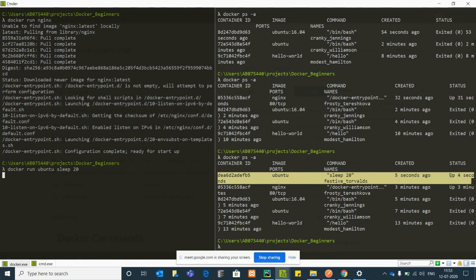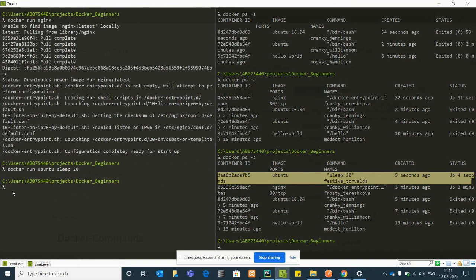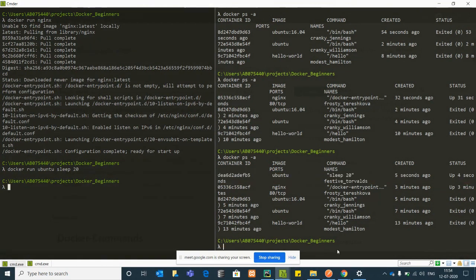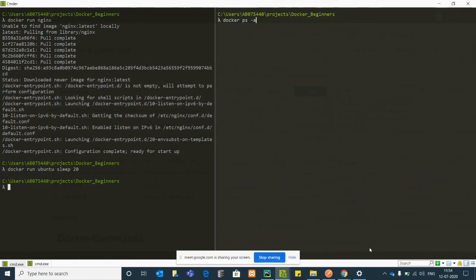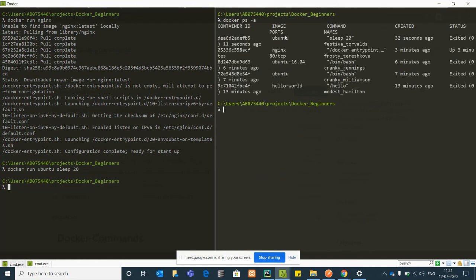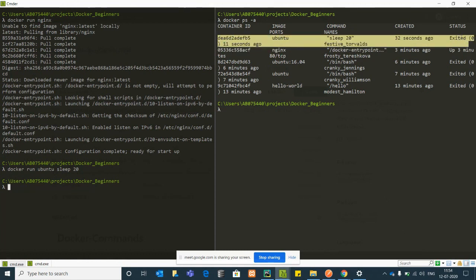Now it shows in the up mode because this particular OS has one service running. Now you can see it exited after 20 seconds. When you check the status of the container, you can see it exited.